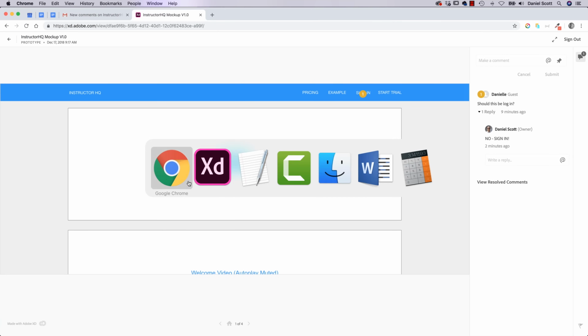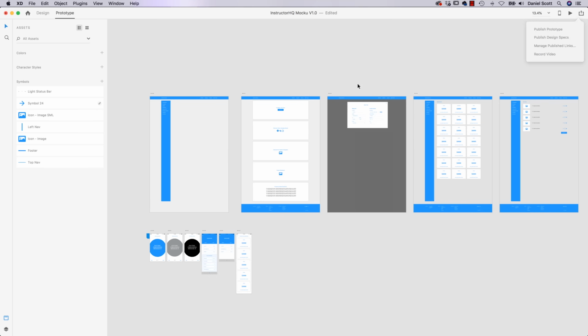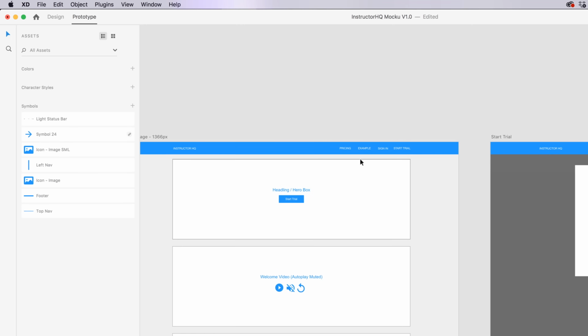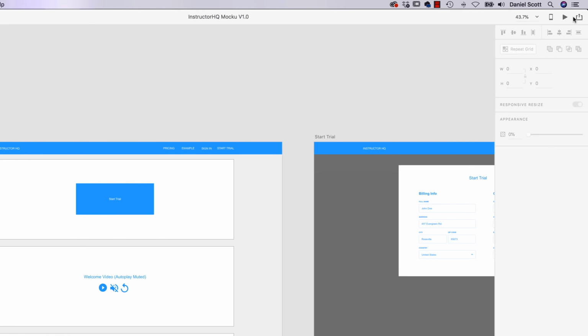A couple more things I want to show you in XD. Let's say they've asked about that button. You go off and change it, right? So we're going to go to design. We're going to go inside, and actually we're not going to change that because it's going to update all of my thing. I'm going to do something a little simpler. I'm going to change this. They said the button's not big enough. Okay, button's big now. So I'm going to save this, and I'm going to go into this and publish prototype,